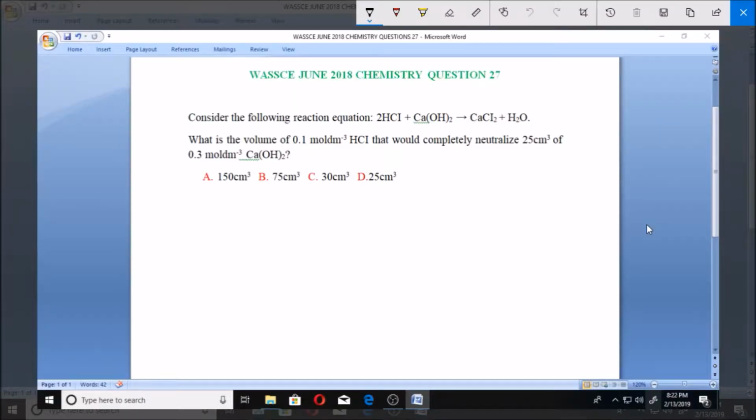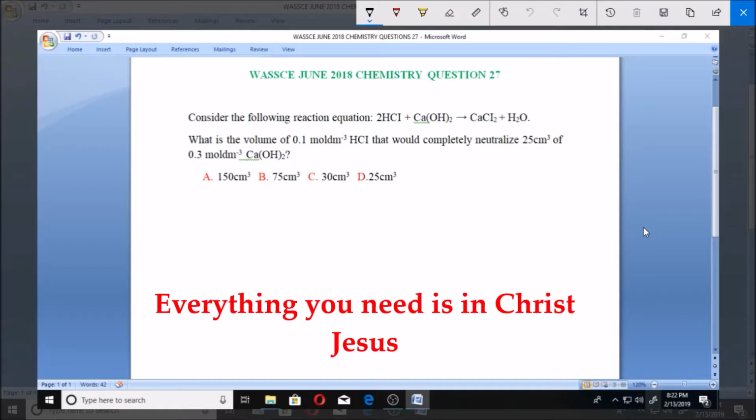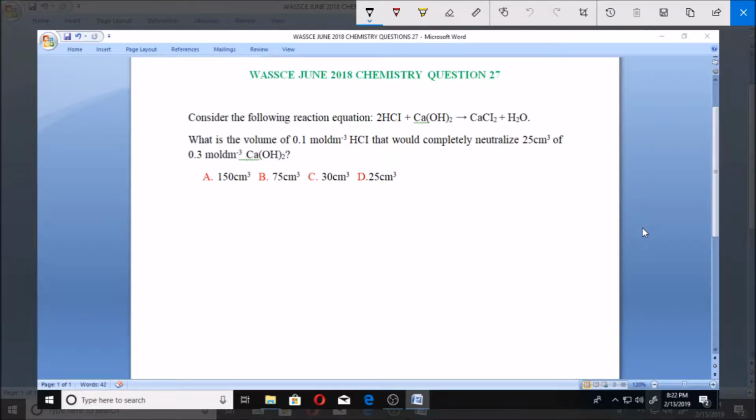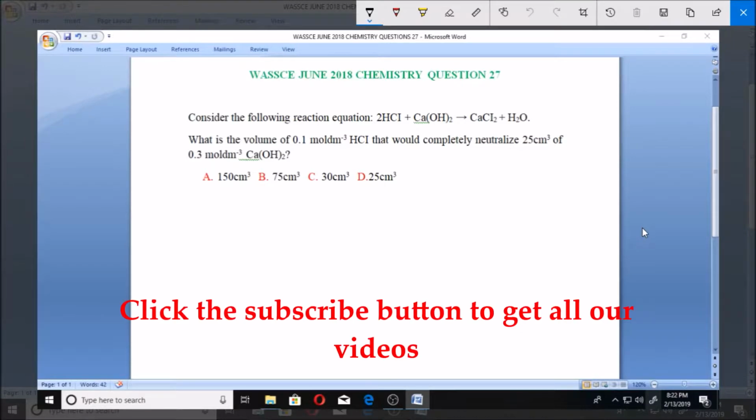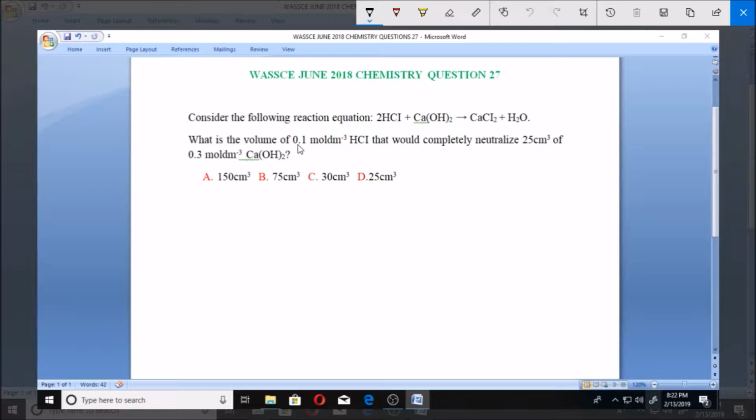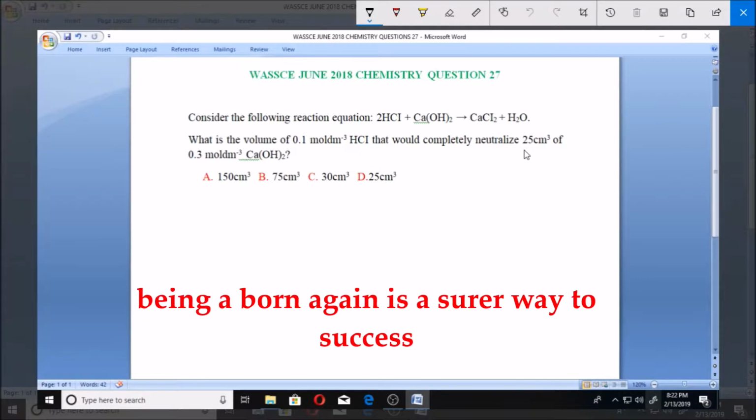Now let's look at question number 27 for chemistry, WAEC 2018. Consider the following reaction equation: 2HCl + Ca(OH)2 gives CaCl2 + H2O. What is the volume of 0.1 mol/dm³ HCl that would completely neutralize 25 cm³